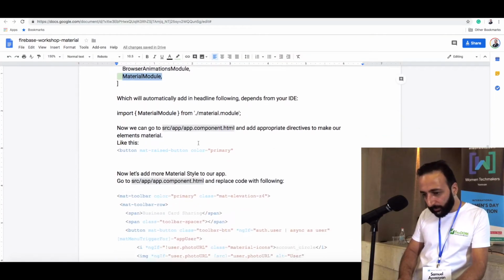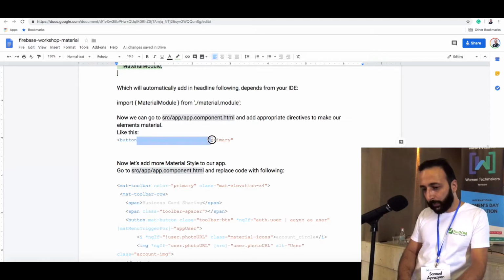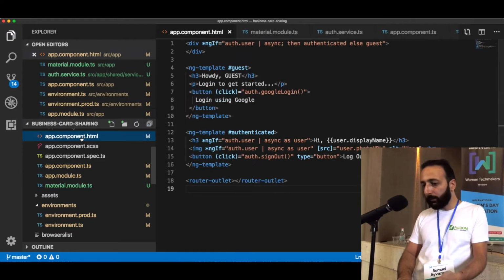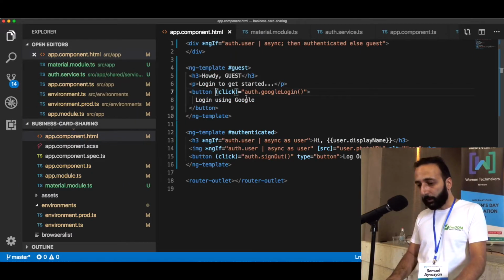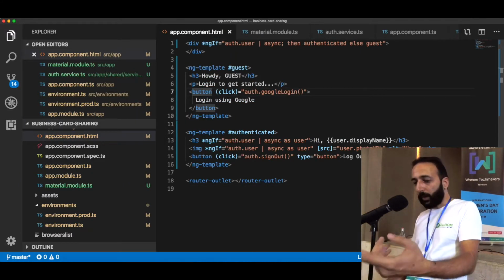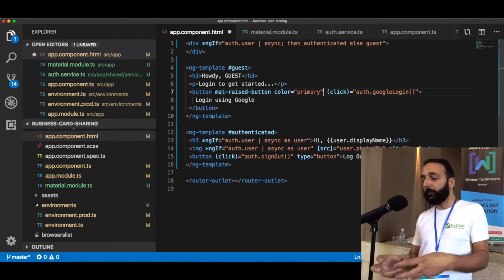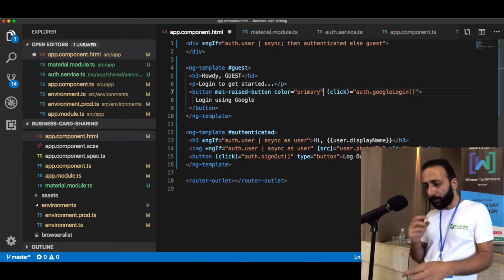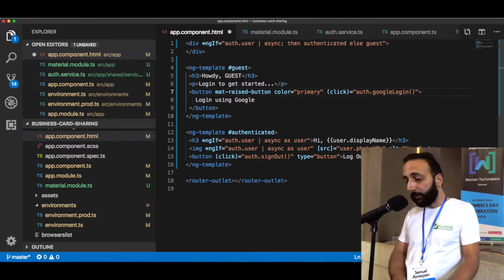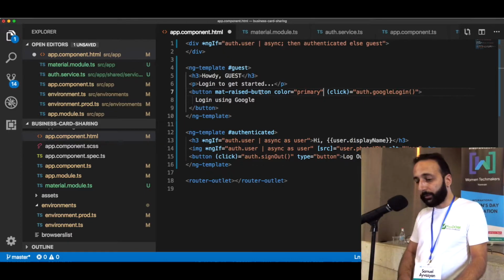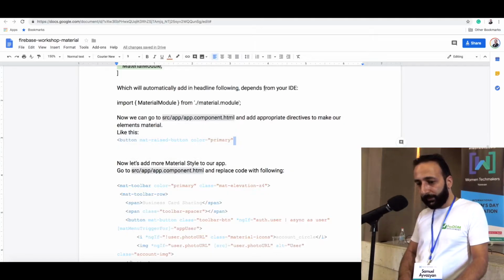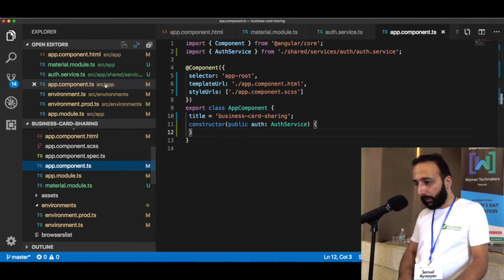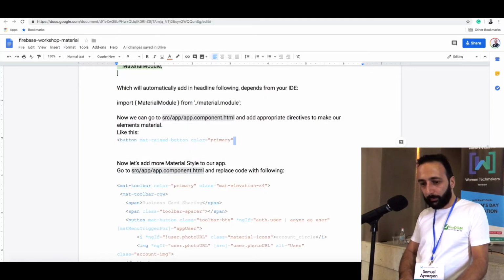And we add some styles to our buttons. So in simple HTML there is just a button and some text inside it. But we can say mat-raised-button. It means that it will be raised with some borders and shadow, and will have some color. Primary color, there are different color systems. And if we save all this, I hope everything is saved, and go to our application,